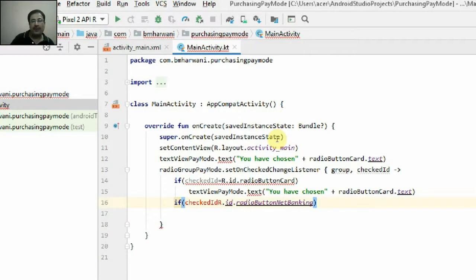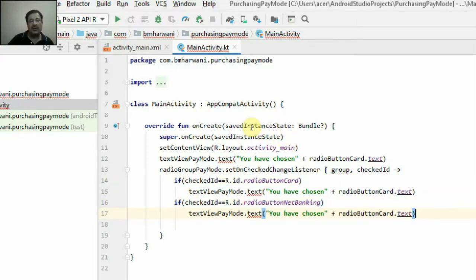If radio button net banking is selected, if checkedId is equal to, sorry, I am comparing it now, then I have to paste it: you have chosen net banking. It will display that you selected net banking.